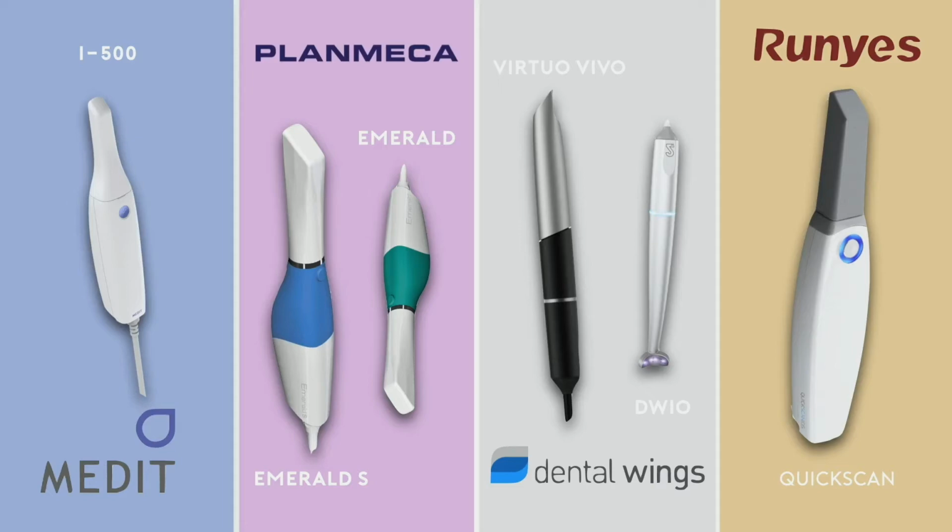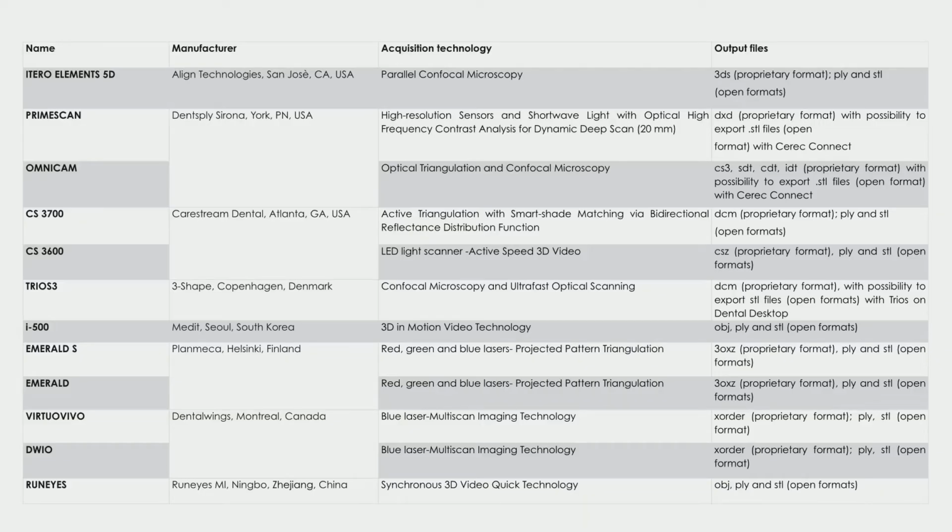These 12 scanners are totally different from the perspective of the technology of acquisition and the output file. Of course, we are comparing machines that use structured light, sometimes laser, so different technologies. But we wanted to understand what are the most suitable devices for the full arch